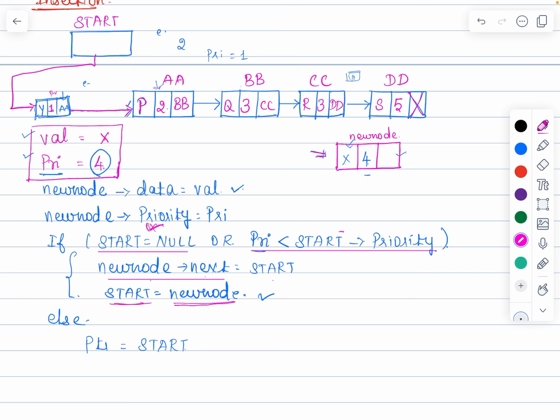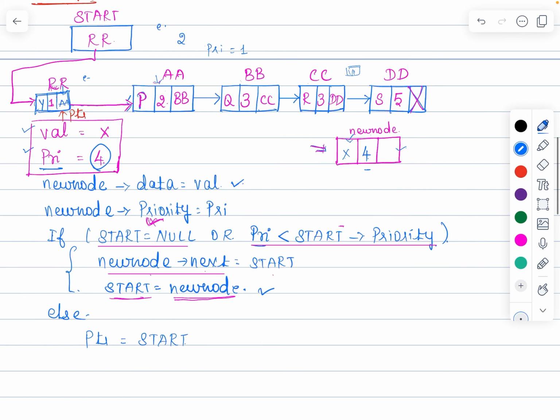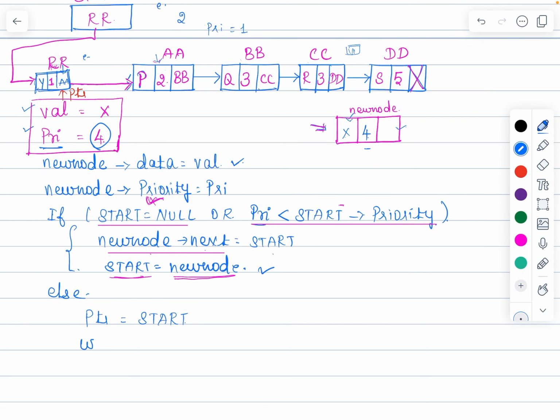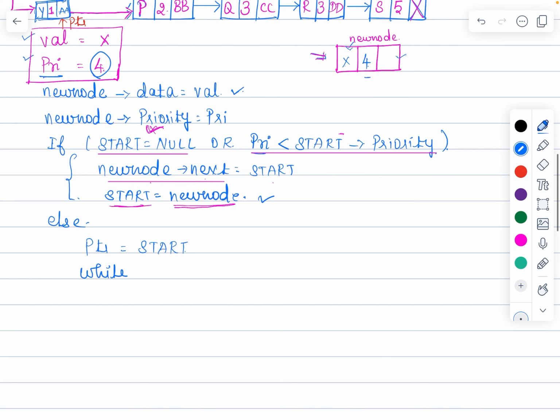This is the structure, and the address of the first node is RR. Now I am using a pointer. That pointer is initially pointing to start, which is RR. So pointer equals start, and the condition to find the right position is: while pointer's next is not equal to null, because it has to traverse till the last node, right? So while pointer's next is not equal to null, and also pointer